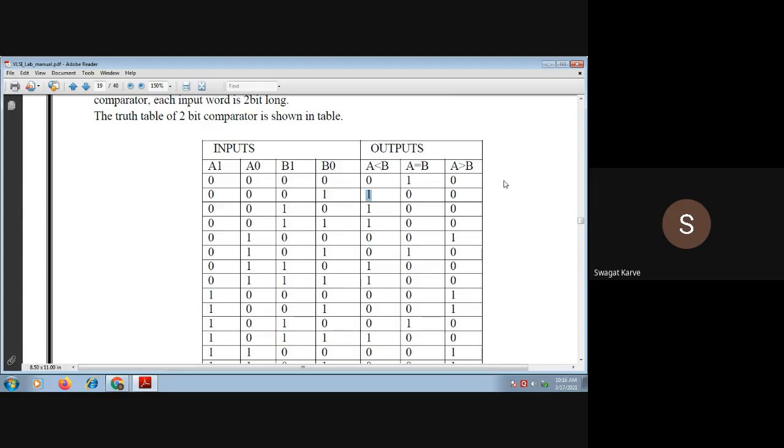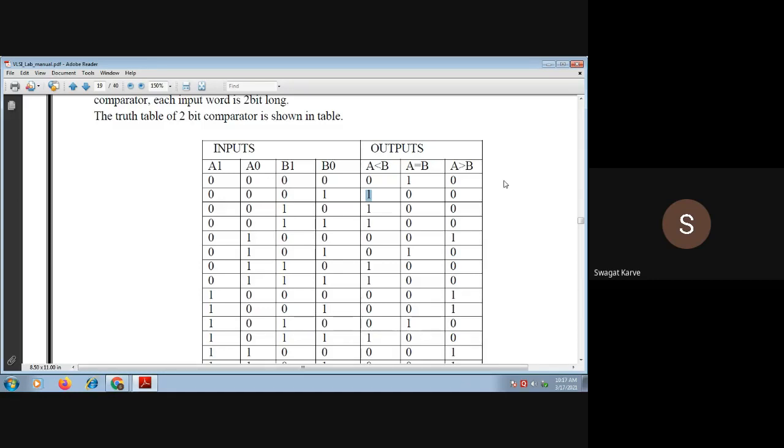After comparing the numbers, the result should be displayed. If the numbers are equal, then it should show A is equal to B, or that bit will get set. If one number is smaller and one is greater, then whichever is greater should be shown accordingly.